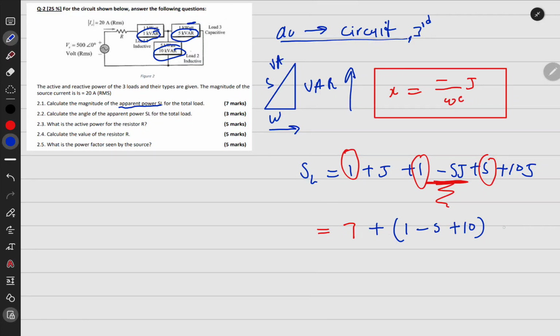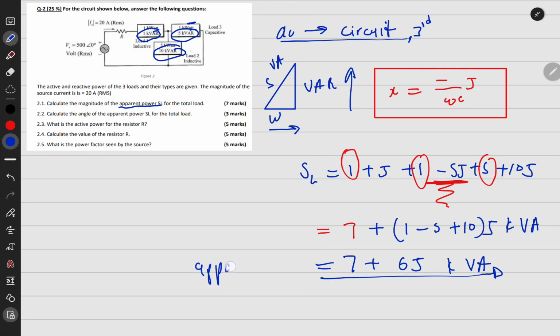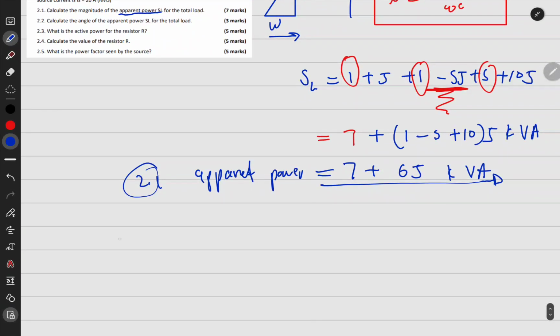Remember, this thing is in kilo VA, we said here, kilo VA. So if I do very well, it's going to be 7 plus, oh, my math is so bad, okay, so that's going to be a 5, then a 6. Remember, this is complex, kVA. So we have solved the part of apparent power. That was 2.1. So let's try to solve